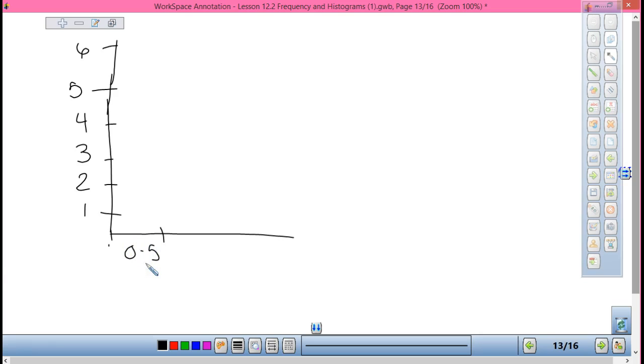And what was my frequency? 6. So instead of drawing a bar, I'm going to make dots for each frequency. I'm going to go 1, 2, 3, 4, 5, 6. My next one was 6 to 11, and it was 5. So I'm just going 1,